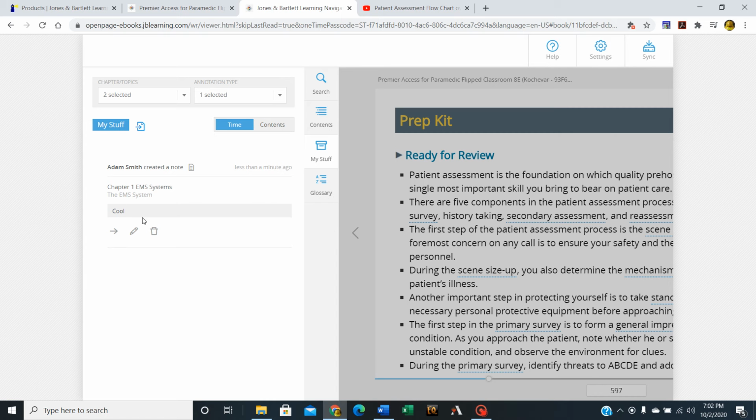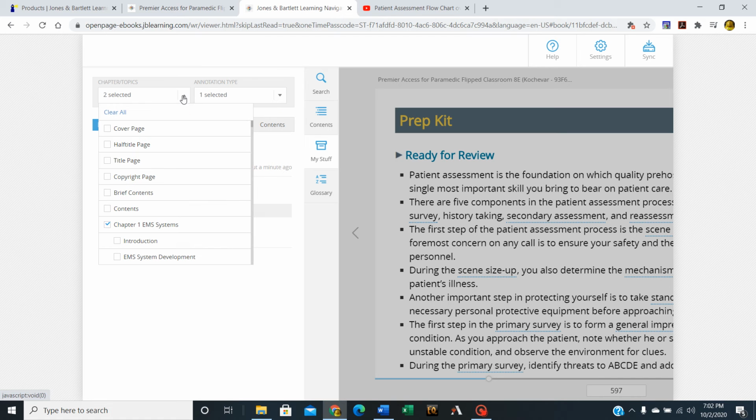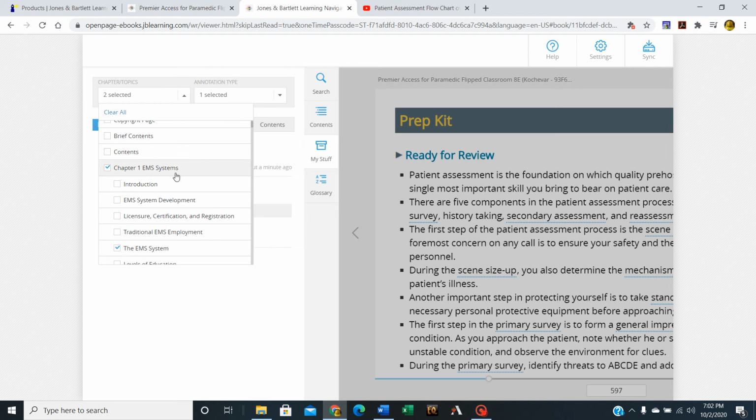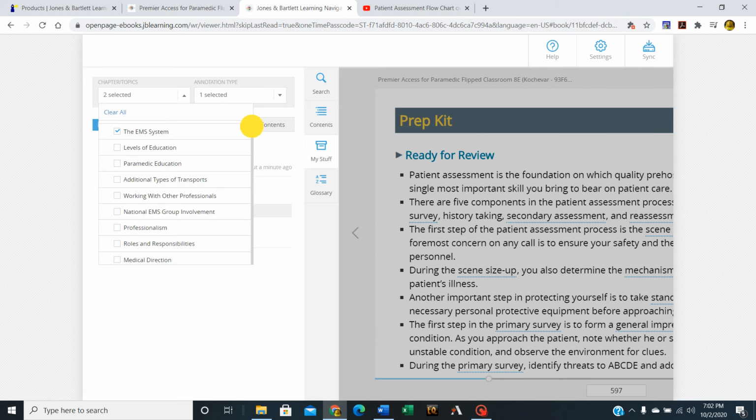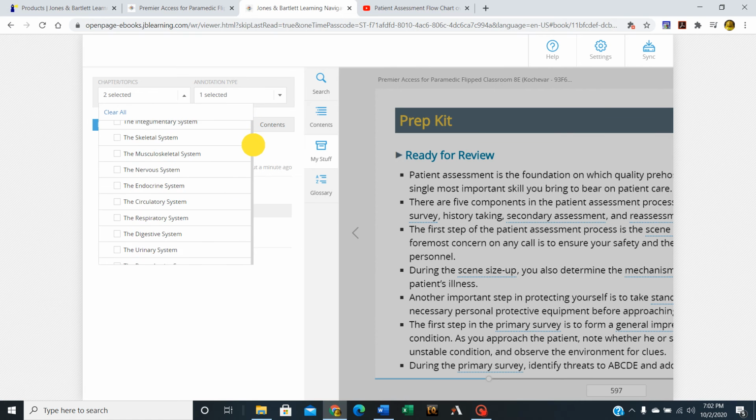EMS systems note that says cool, but where is my chapter 11 one that says that sick person note was very important? That's not good. How can I find that? Easiest way to find that, complicated as this is, I have to go, see how it has chapter 1, you can select different sections. I have to find